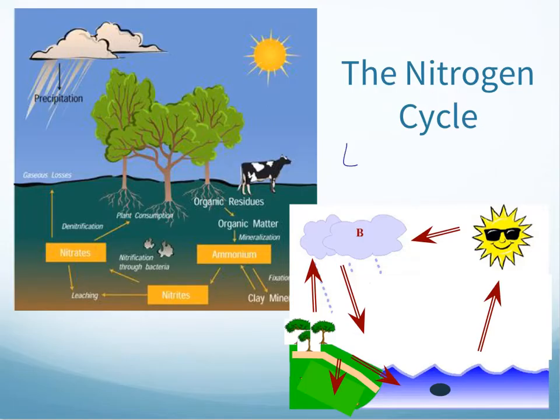We know that the nitrogen cycle is interacting with all four spheres, right? We've got it down here in the ground, in the geosphere, got it in the trees and the animals, the biosphere. We also have it in the hydrosphere, in clouds and water. But the one we want to focus on for starters is the atmosphere, right? We said 78% of the atmosphere is nitrogen. So as we look at our picture for the nitrogen cycle,